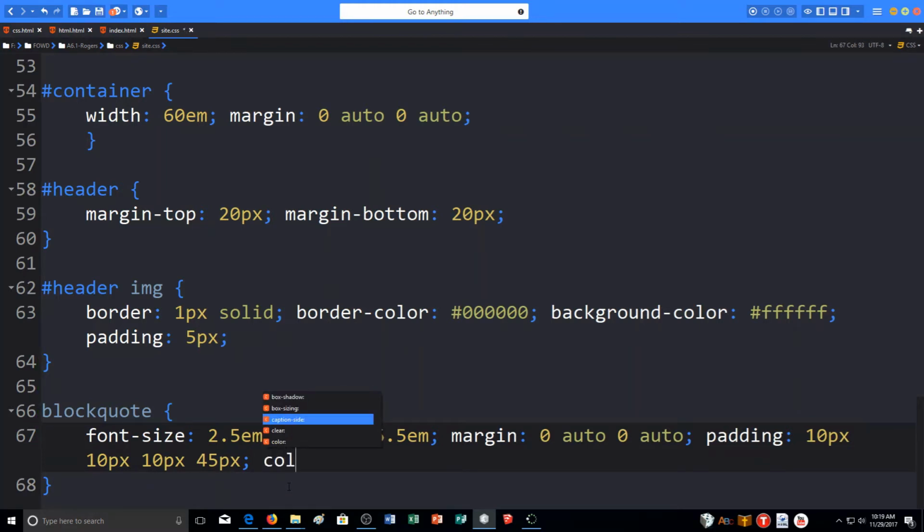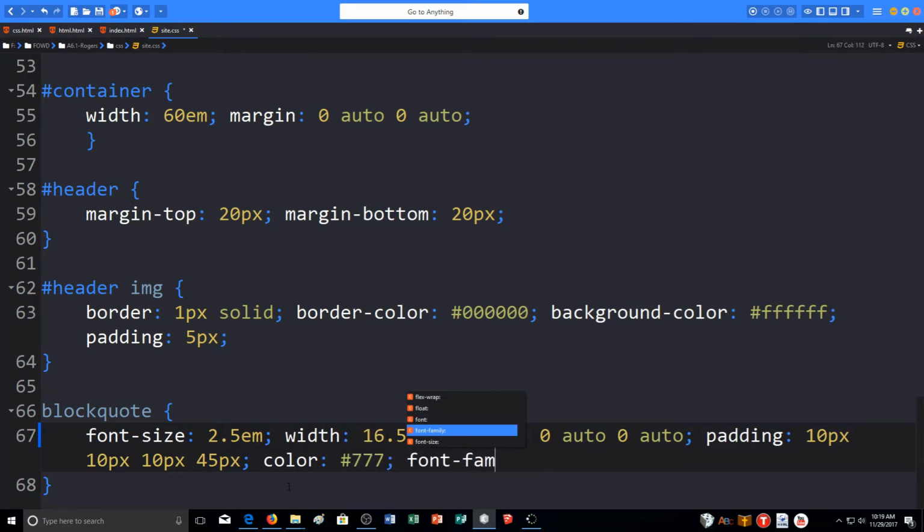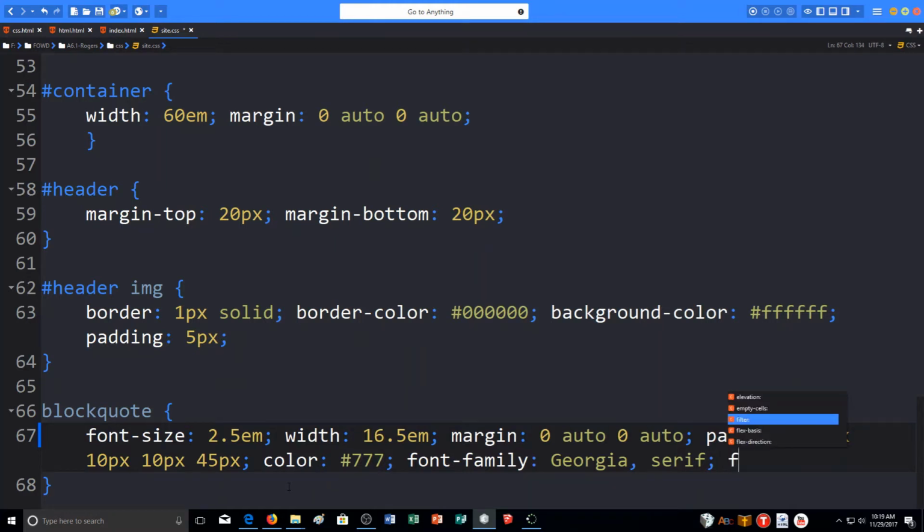Then color, it said needs to be 777 for hex. Font family needs to be Georgia, serif. So we're flying through this fast, so if you need to pause it, don't be afraid to pause it. Font style, oblique,